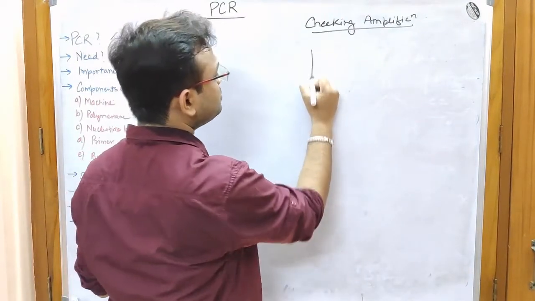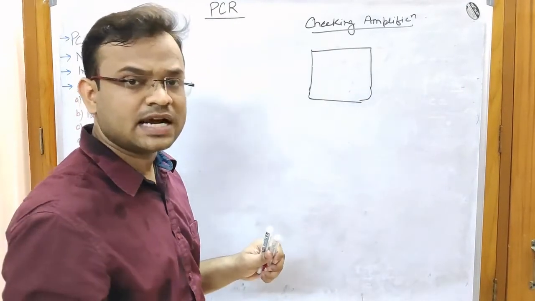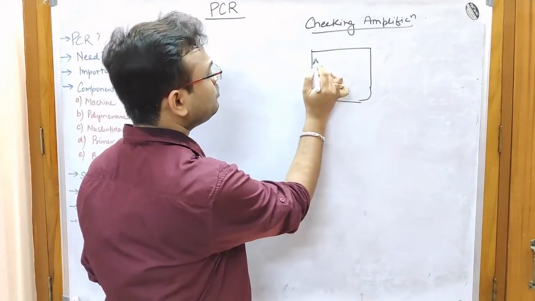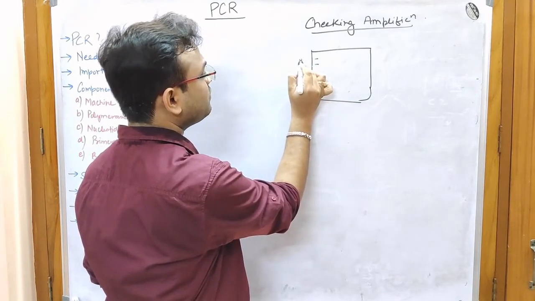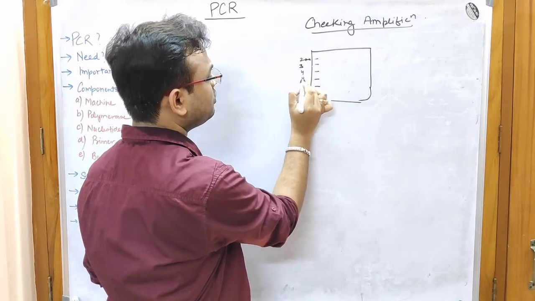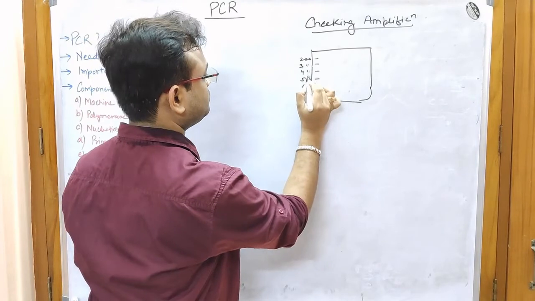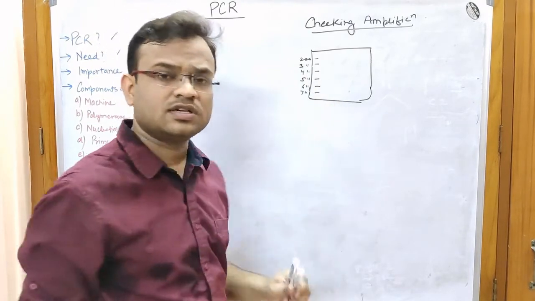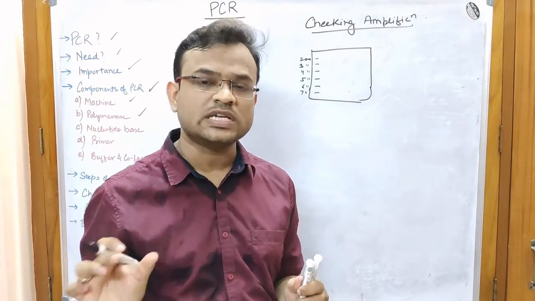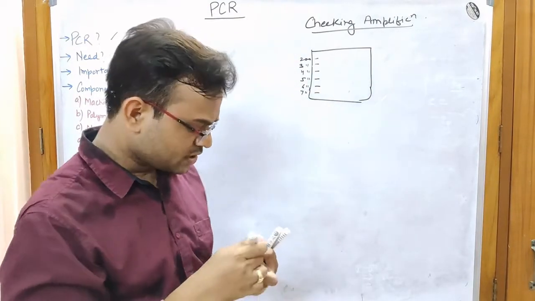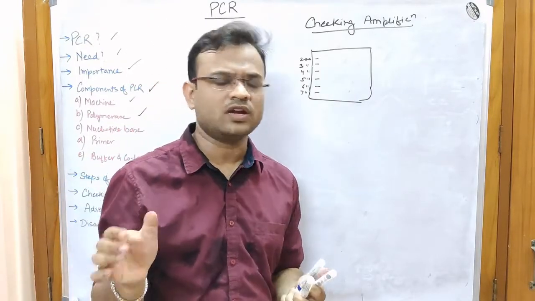How can you do that? Suppose you have a gel. This is a DNA gel. Remember that this is a DNA gel. Now in the leftmost lane you run your marker, right? Suppose it runs 200, 300, 400, 500, 600 and 700. I've already told you that you need to have prior information about the sequence that you are amplifying. Suppose the target sequence had a DNA molecular weight of around